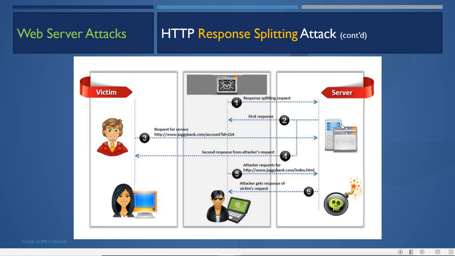The first response goes like this, and the second response is from the attacker's request. The normal user is sending a request for the service, and it is getting the response from the attacker. Then the attacker requests juggyboy.com, and the attacker gets the response of the victim's request.